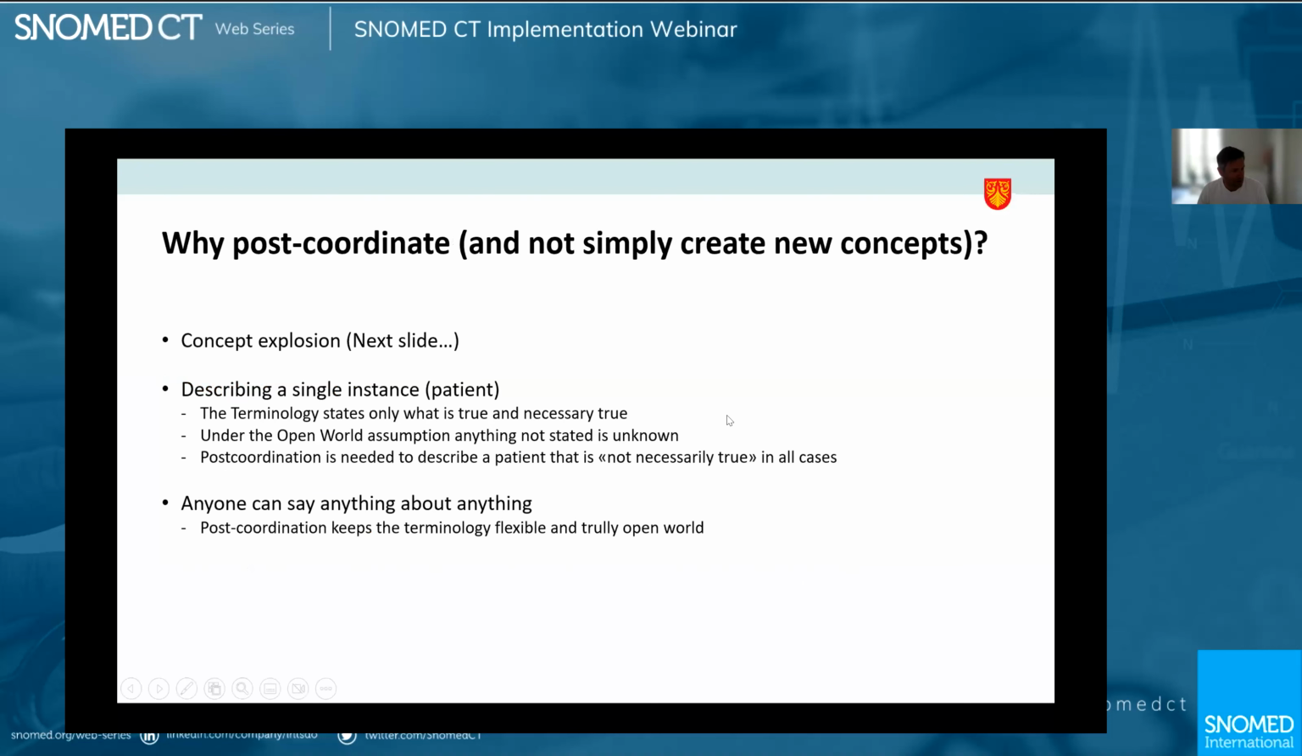Given 10 minutes, I'm just going to move directly into why post-coordinate. And one is, of course, concept explosion. I'll go into that on the next slide. The second is sort of related. It's describing the single instance or patient. The terminology as a whole, the pre-coordinated concepts, are created and needed to be true and necessarily true. A patient can have a condition, it can have additional features to a condition that are not true